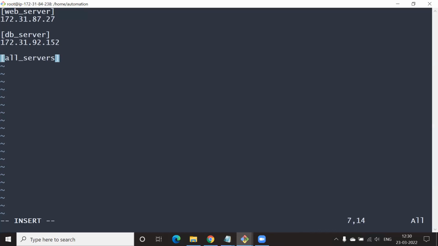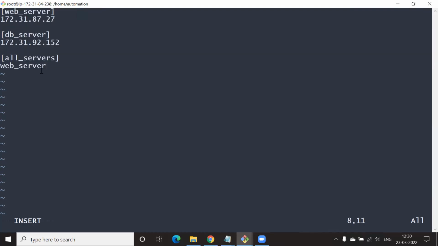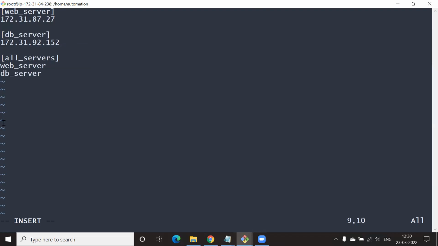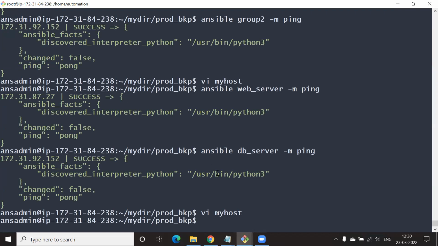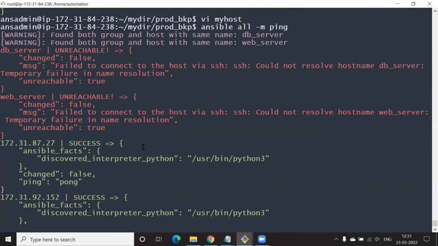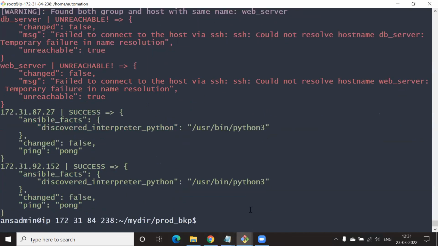Now put the individual groups, web_servers and db_servers, under that. So all_servers is acting like a group of groups. Catching the point, Rahul? Yes. Okay, now save it and run it. Now ping all_servers. Yeah, so ping all servers, but all underscore servers you gave, right? Okay. So what do you?